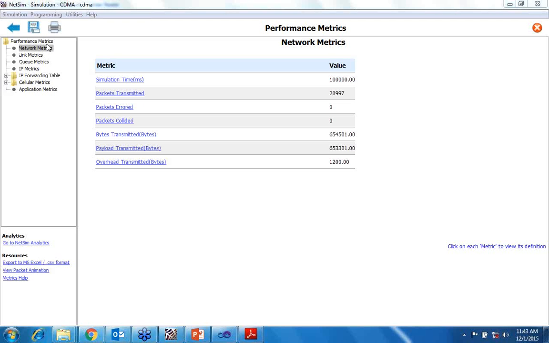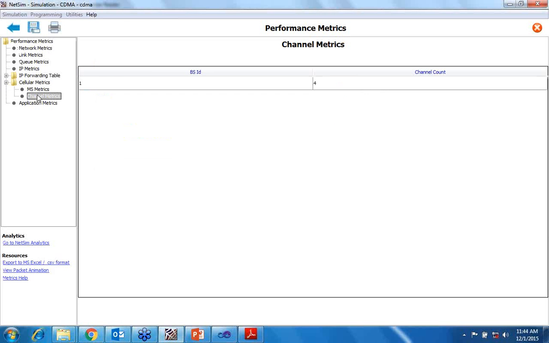Okay. So the performance metrics would be same. So we just see the cellular metrics and channel metrics. So here we can see the count is increased from 3 to 4. As we have decreased the voice activity factor, we have seen the channel count is increased.